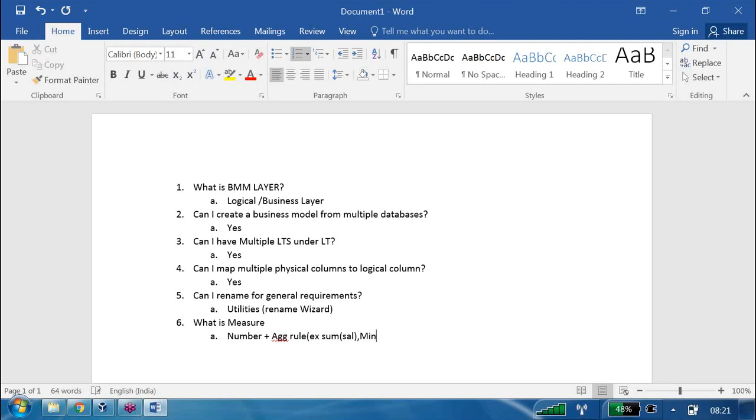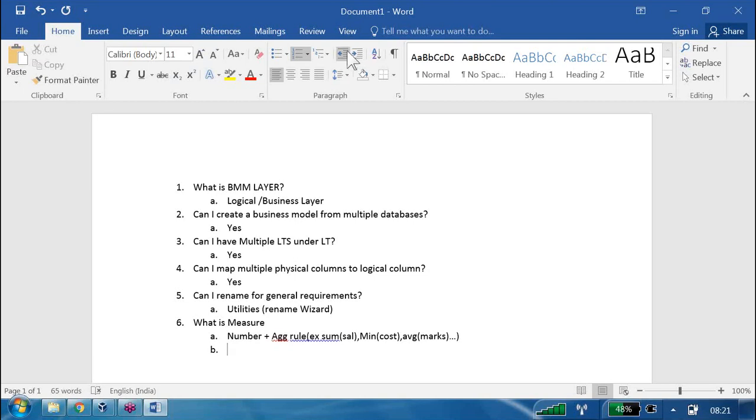Min of cost, what is the minimum cost product, and average of marks. These all things are called measures.